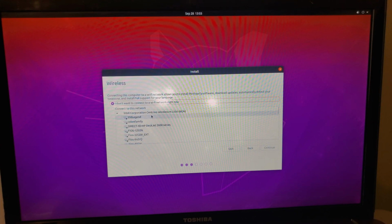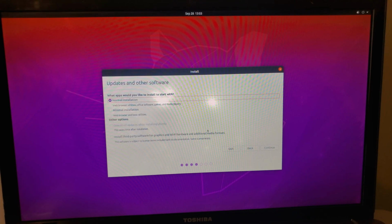So here, if you want, you can just connect to your Wi-Fi, but I'm just gonna go ahead and ignore this for now. But if you do connect to a Wi-Fi, it's gonna do some updates while you're installing it, so it's a good option to connect to the network. But it's gonna take a little bit longer also, so be aware of that. And then you're gonna click continue, and as you can see,